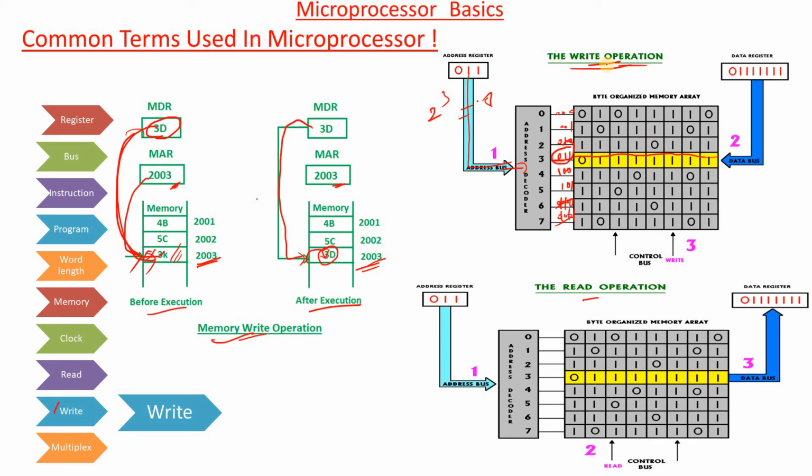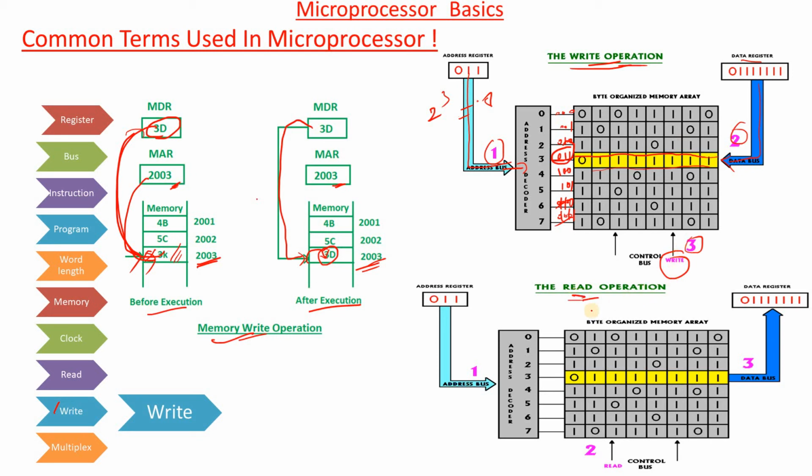So this is a memory write operation. Whatever register we select, that is the data register. This data is placed onto the data bus and carried like this. That is the second operation. The first operation is selecting the memory location. The second operation is providing some data. This information, all ones data, is placed inside this location with the help of the write signal. This is the third operation. So after selecting, data is written into this memory location with the help of the write control signal.